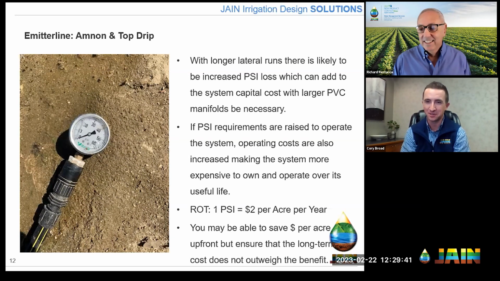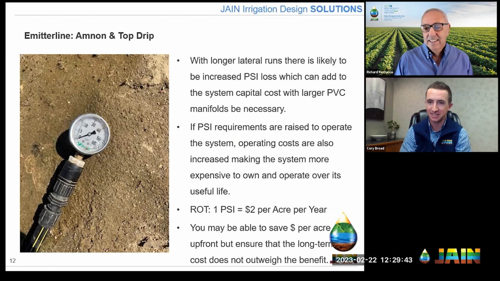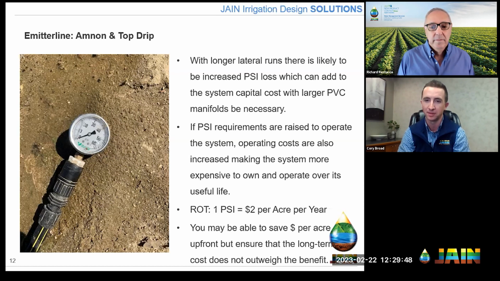So we talked about those longer lateral runs, but to a certain extent, you can only go so far physically without having some ridiculous pressure requirement. And so those longer lateral runs are great, but you're probably going to have an increased pressure demand also. If that pressure requirement is raised to operate the system regularly, so say we needed to add another 10 pounds of pressure to this irrigation system, that just makes the operating cost that much more expensive. It makes your vehicle, quote, less fuel efficient, right? I'm having to use more energy, which in most of our cases is electricity,